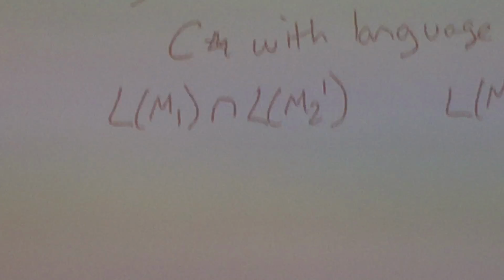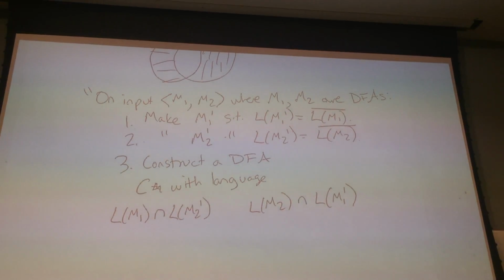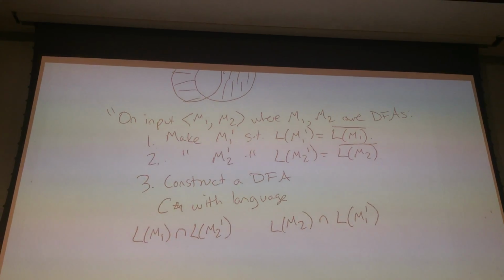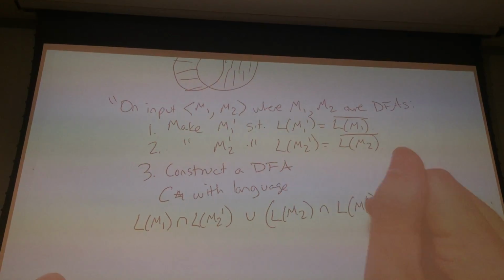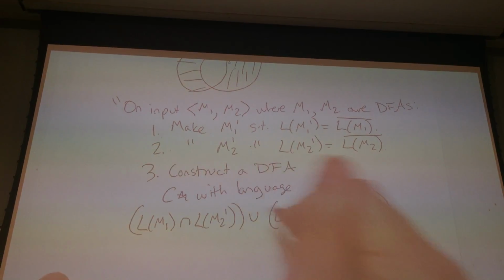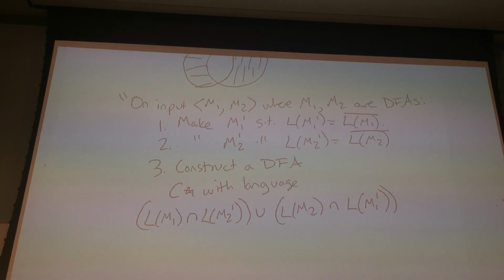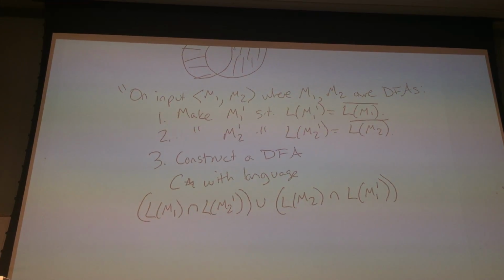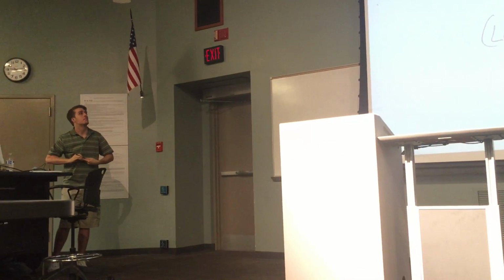But I want both of these intersections to be empty. And I do that by doing union, and then I will check if that union is empty. So I can make a DFA for all of them. I can make a DFA for the intersection of two DFAs, and since I have a DFA for both parts, I can make a DFA for their union. It may be a very big DFA, but I can certainly do it in a finite amount of time.